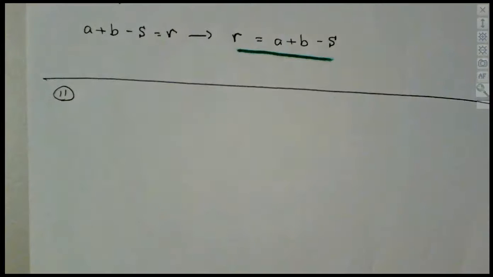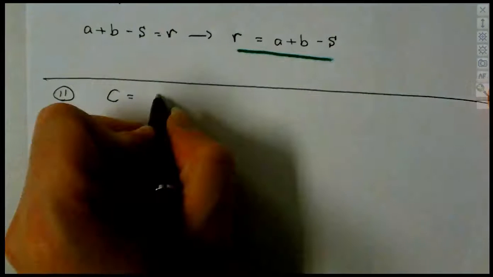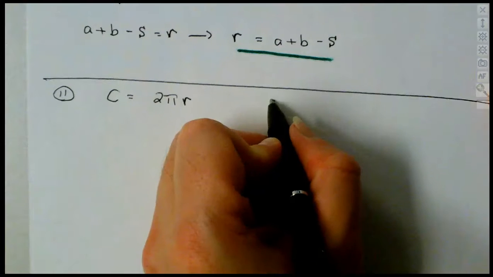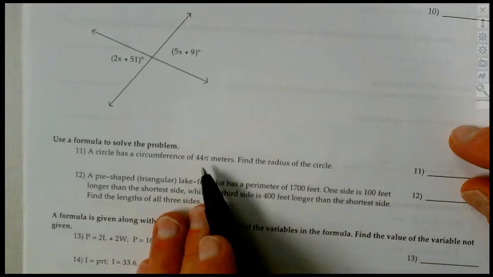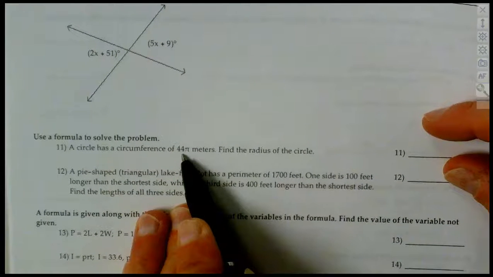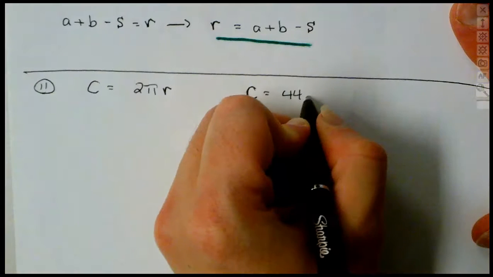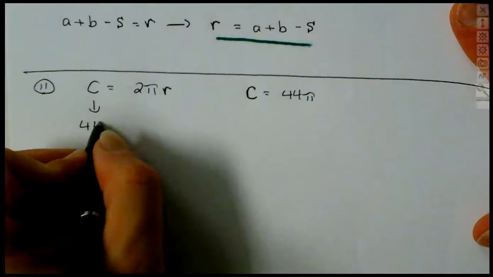So what's our formula? Well, our formula is C equals, if we read it here, 2 pi r. Now, C is going to be the circumference. And so when we read this question, it looks like the circumference is what? 44 pi. We're going to keep the pi along with it. So the circumference, which is C, is that 44 pi. So now we're going to fill this in. So now we've got 44 pi